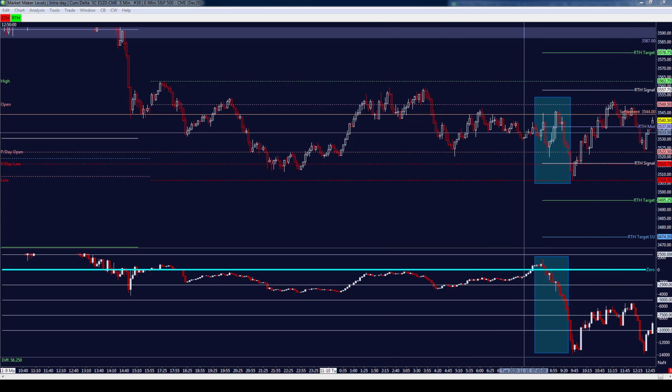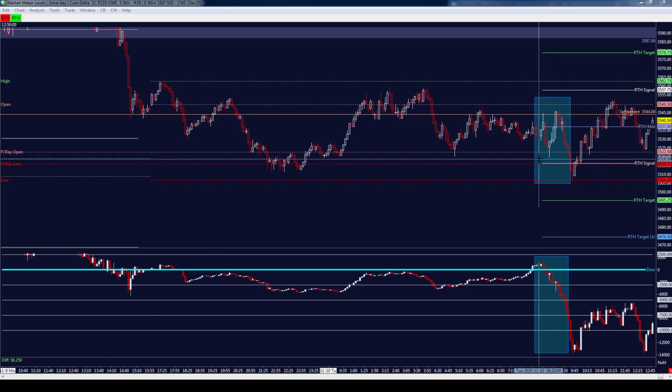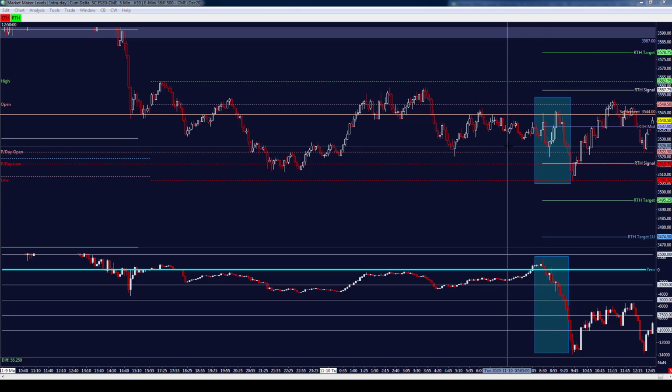As the market opens up here, you can see we opened right around the RTH mid, rallied up into settlement, and then the market sold off almost into the prior day's low, which was down here around 16. We were in this prior day open. The market comes down and then rallies back up again. Now, what I was looking at here, and you can see the blue box here represents,